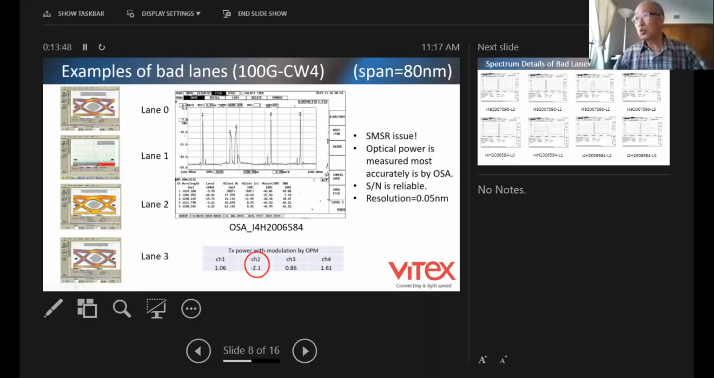Okay, the next one is another example, but this one is link 1. You can see the side mode suppression goes to trash. You can see, and the same thing I want to point out, the optical power measurement by the optical power meter is not very accurate, and sometimes you cannot tell if it's good or bad by measuring the optical power, because the rest of the energy the power meter measures becomes a second mode, so it's useless as far as the modulation is concerned. So I just want to point out that,